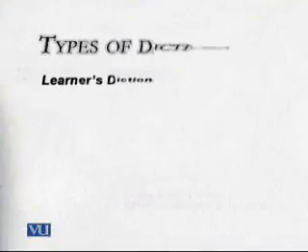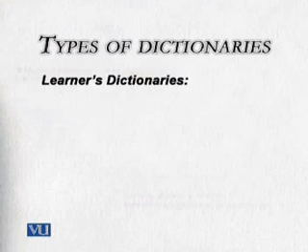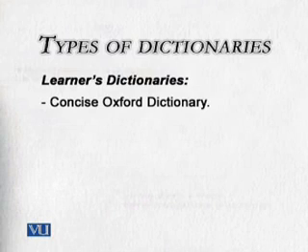You find a lot of information in learners' dictionaries, which is highly systematically arranged, in a very particular order from major to minor importance. Now, some important learners' dictionaries you can take a look at. They are like Concise Oxford Dictionary again. Now, Concise Oxford Dictionary is a reference dictionary also, and it's a learner's dictionary as well. So it falls in two categories simultaneously.